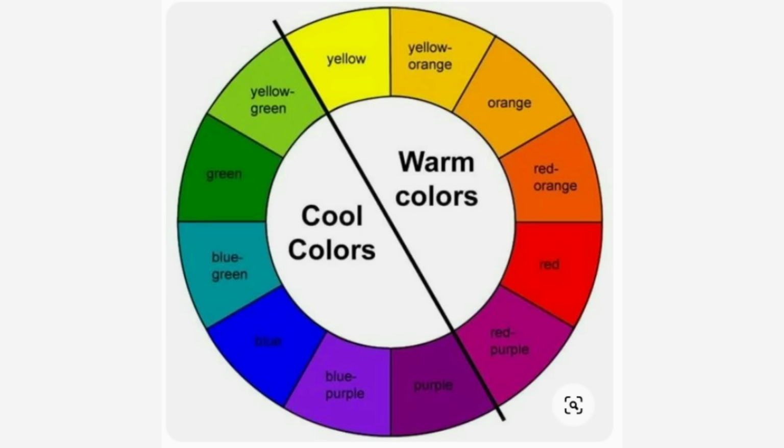So they would go well with neutrals that also have blue undertones, such as grey, icy white, charcoal, navy and so on. Whilst the colours on the right of the wheel have more of a yellowy undertone, the yellows, oranges, reds, reddy purples. So neutrals with a yellow undertone would go well with these colours, such as beige, tan, vanilla,